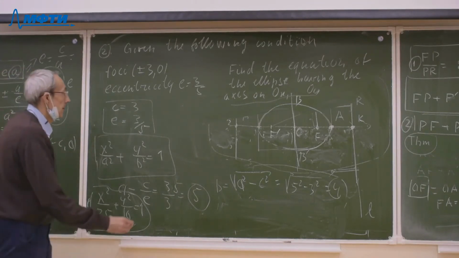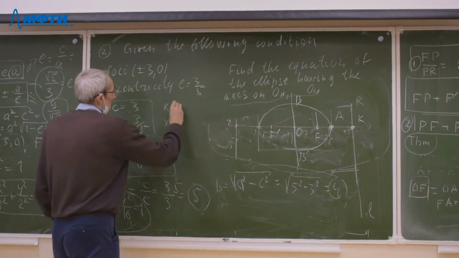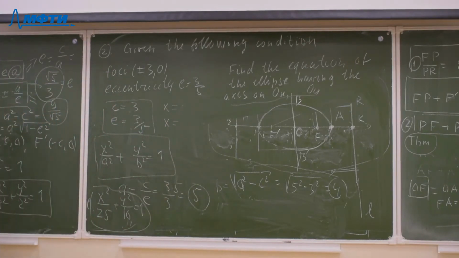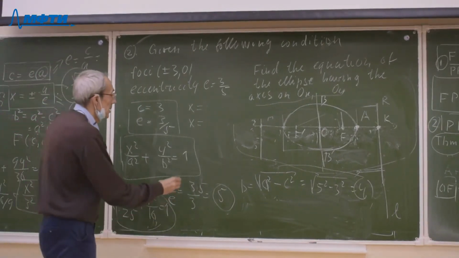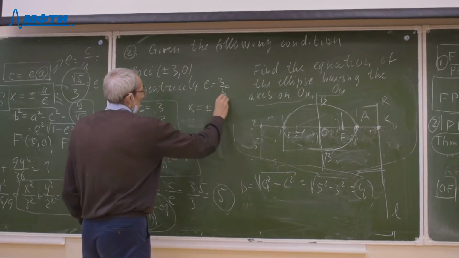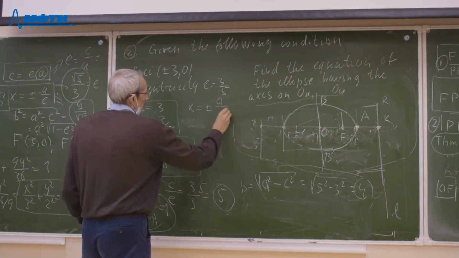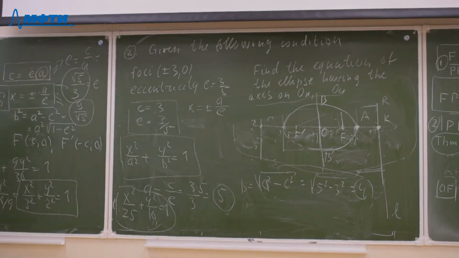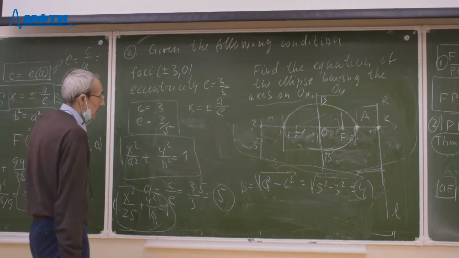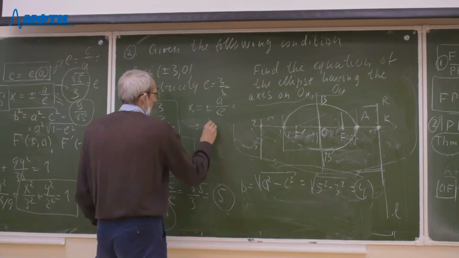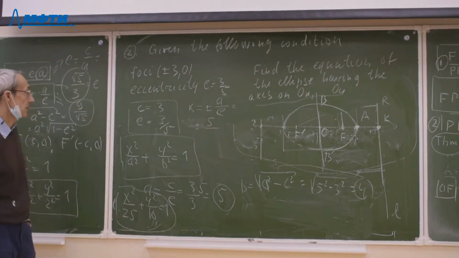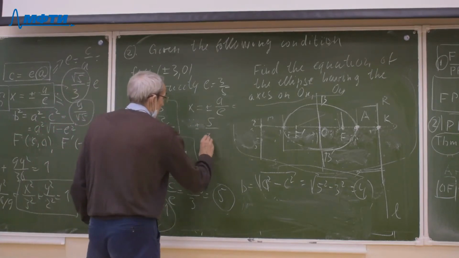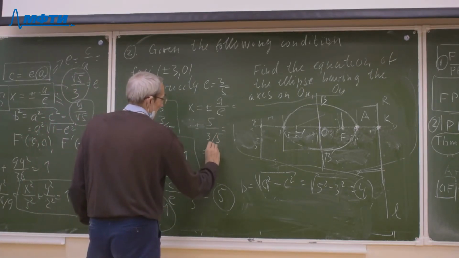How to calculate the equation for directrices? By definition, we have the following equation. X is equal plus minus the ratio a to e. a we calculate is equal 5. e is equal the ratio 3 to 5. And we obtain